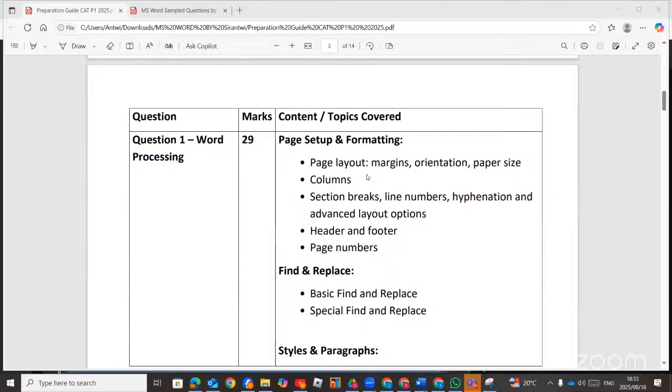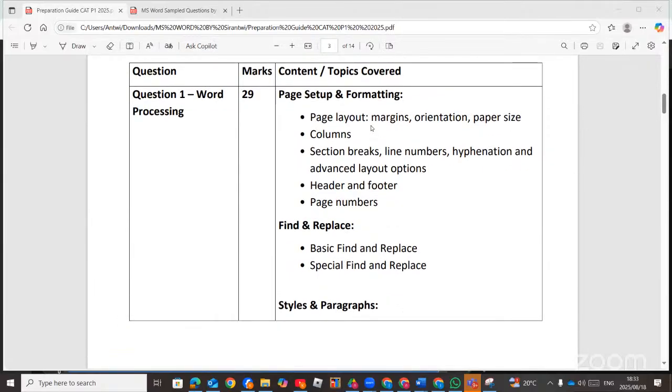The first thing we are going to look at is the topics that constitute the collectible marks, and then we'll start solving them one by one. In Microsoft Word, questions 1 and 2, and then question 7, you will find a total of 50 marks. In most cases, question 1 has a lot of marks,